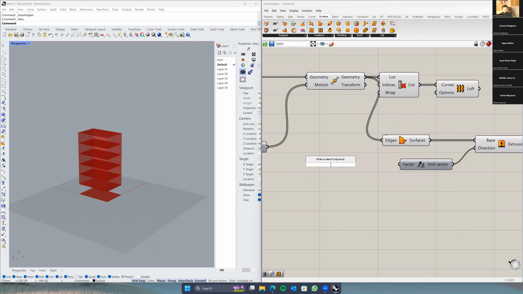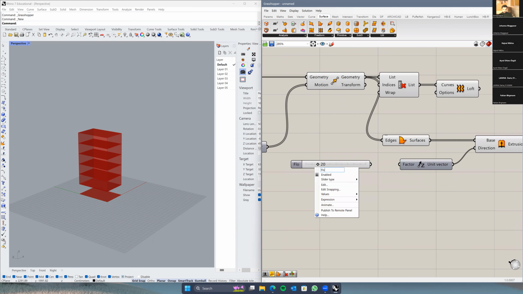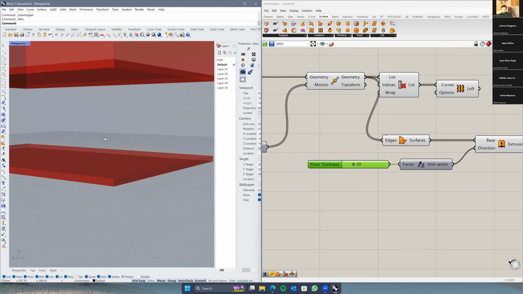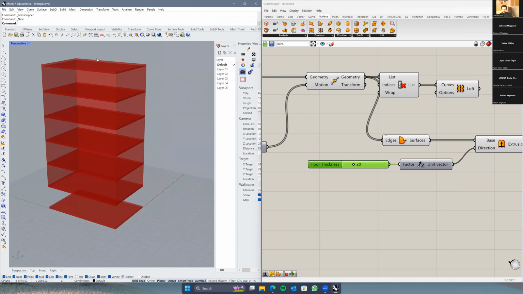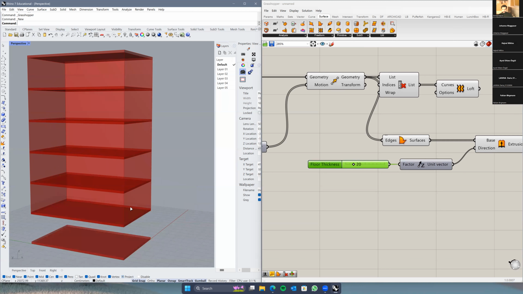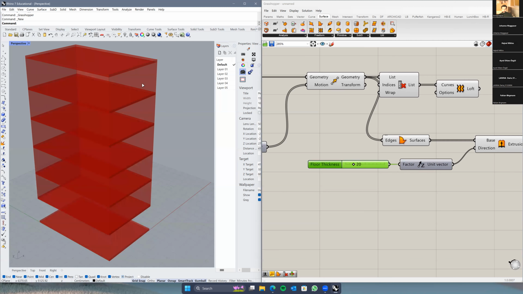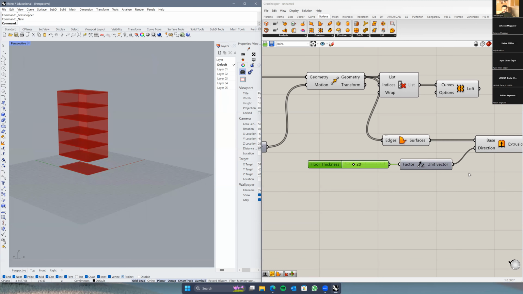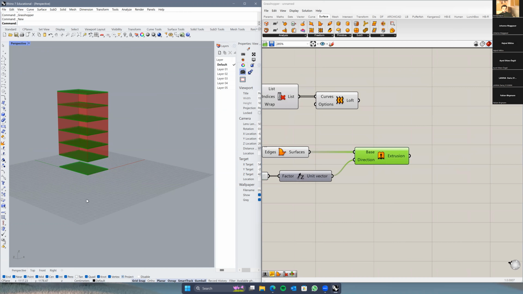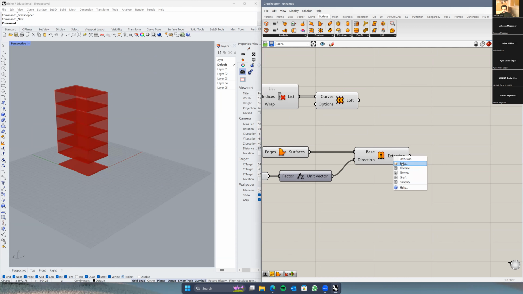So I double click, I write 20, and let's name it floor thickness. I put it here, and as you see, I now have floors going upwards and creating 3D floors. Right now, like we remember, this is just a representation. This is not the real thing. So if I right click here and say bake and select OK,